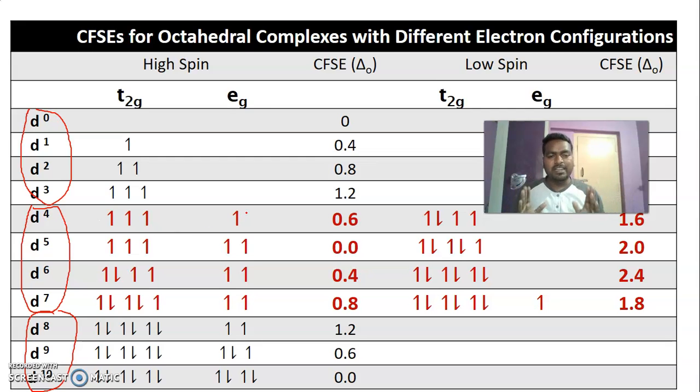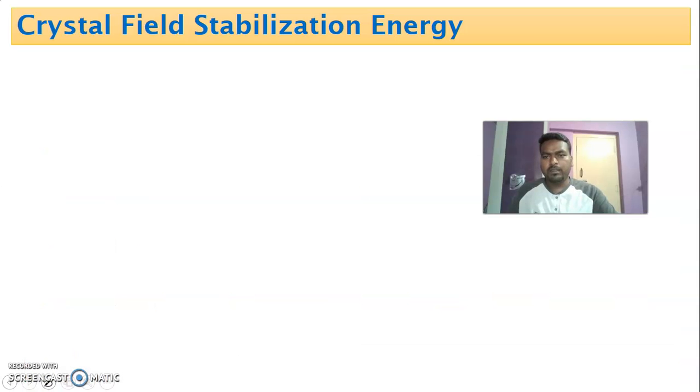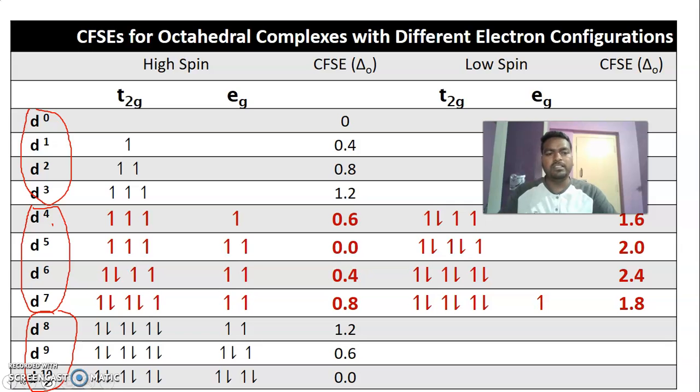So please write the electronic configuration. Take the elements, take especially 3D series elements, write the electronic configuration in a neutral state, and write the electronic configuration in an ionic state, for example Fe2+, Fe3+, and identify the system whether it is D5, D6, and write the electronic configuration in terms of T2g and Eg. Then only you can understand this concept. Okay, so with this high spin and low spin complex is completed. If you have any doubt, you can discuss with me.